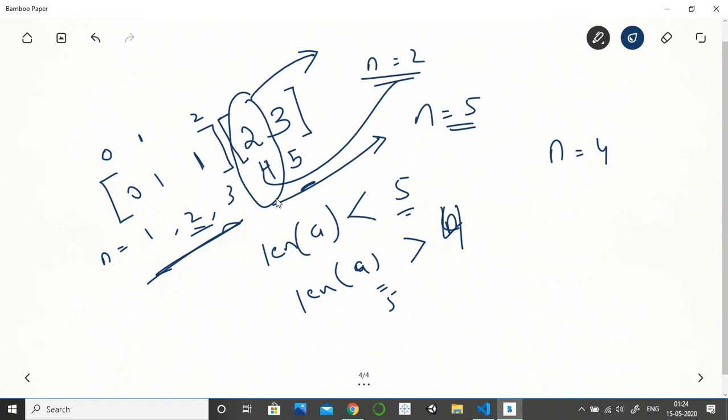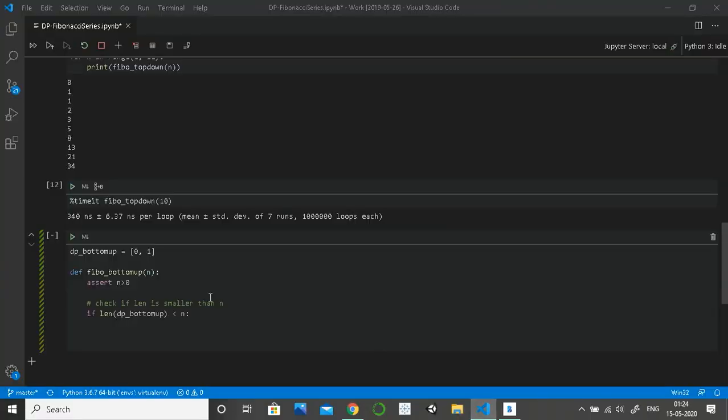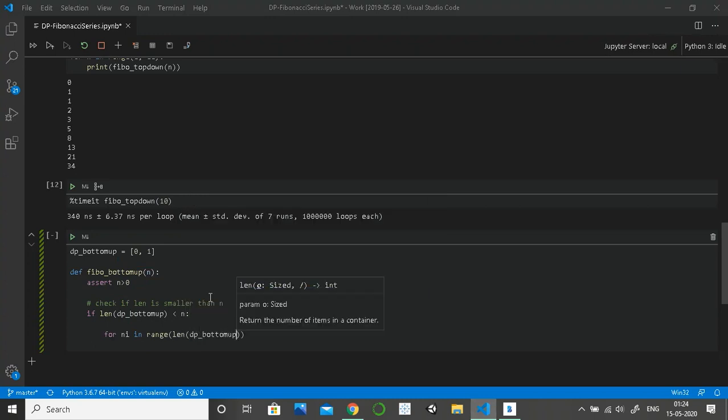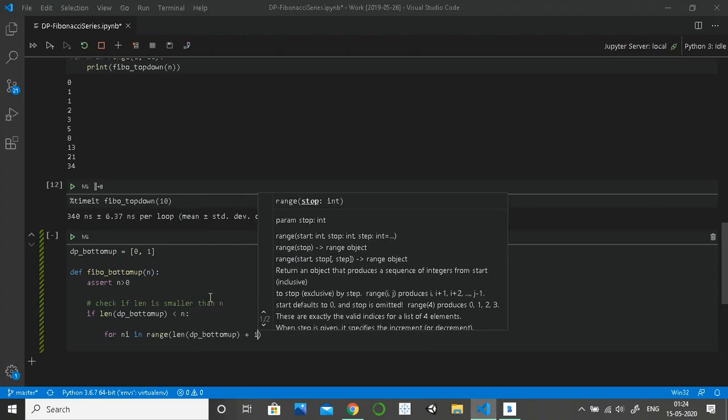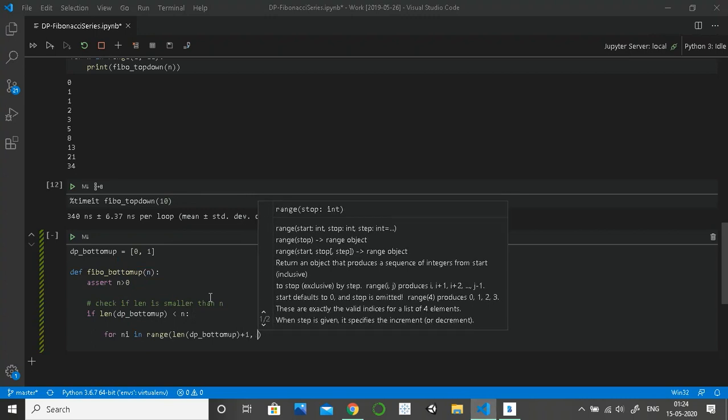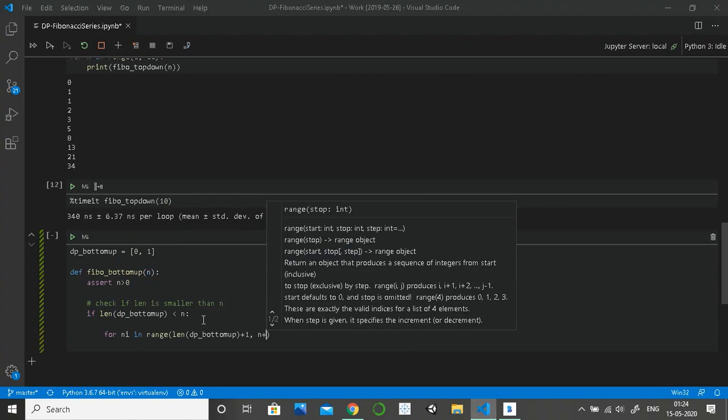we will start putting values from len plus 1, where len is 3, so we will start putting values from 3 plus 1, which is 4. Okay, so for i in range of len of dp bottom plus 1, as I mentioned, and our end will be at n plus 1.